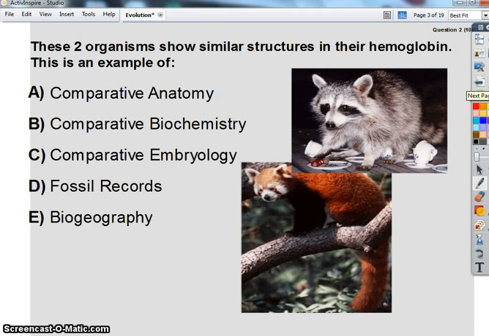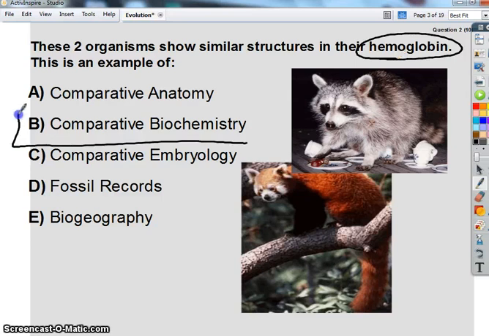Next, two organisms showing similar structures in their hemoglobin. The clue here is that this is a chemical. If they mention hemoglobin, insulin, anything that you recognize as a chemical or on the chemical level, or they say their DNA is the same or their amino acid sequences are the same, then we're looking at comparative biochemistry. The keywords for embryology are going to have to do with before birth, and anatomy is always going to deal with either